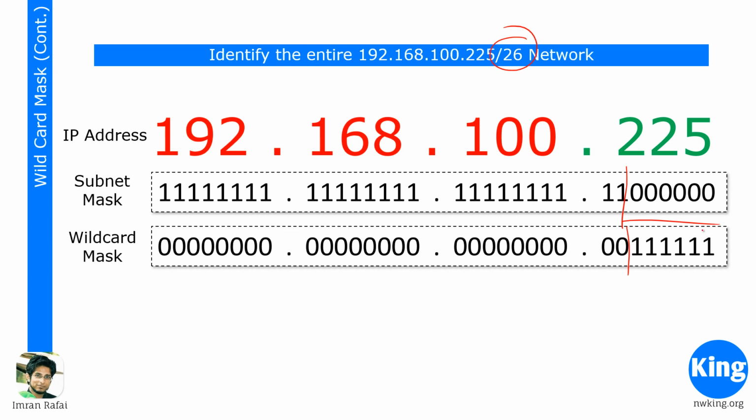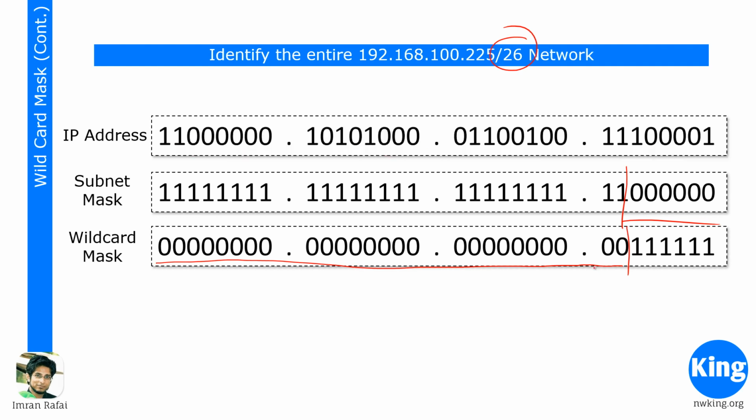Now, like I explained in the last video, what a wildcard mask literally means is that wherever you have zeros, it says you have to match that. Wherever you have ones, it says you can ignore. That means, if I gave this number 192.168.100.225, and let's say you're configuring this in an ACL,